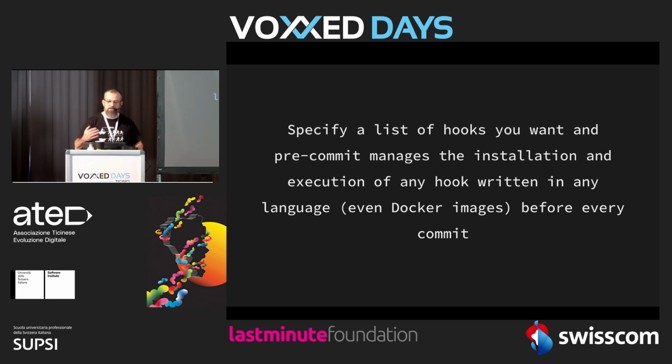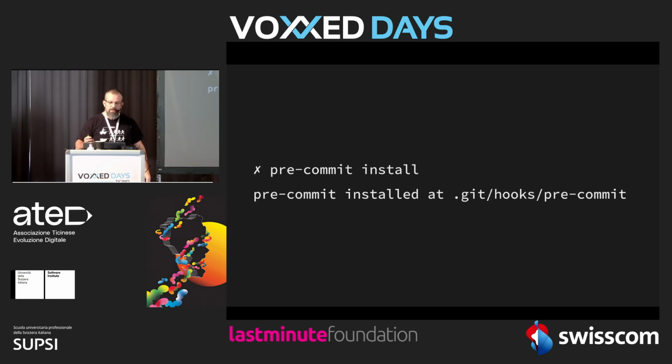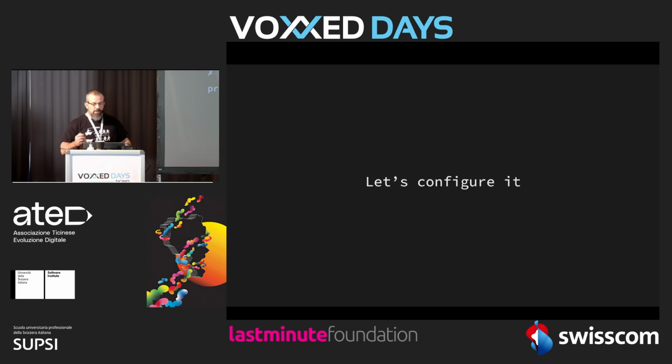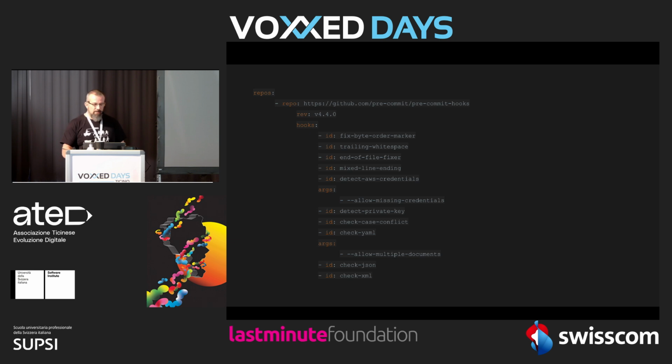Just install it, and then you have it installed in your project in the Git hooks folder, and then you can configure the list of hooks in a configuration file, essentially. Yes, okay, it's YAML again. And so what can you fix? You can fix trailing white spaces, end of line, end of the file, remove the byte order mark, detect